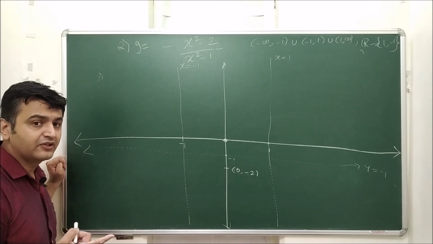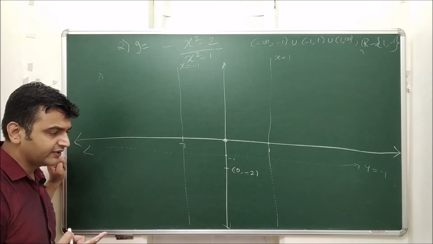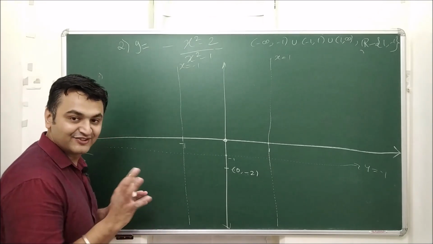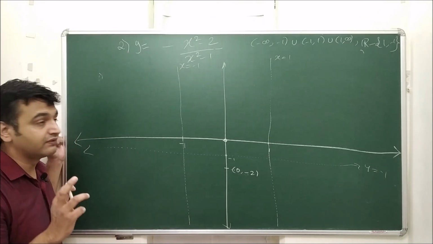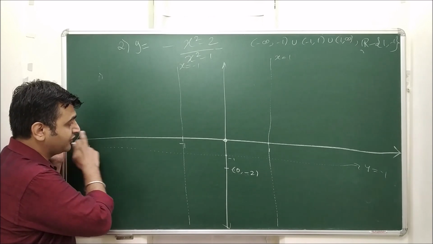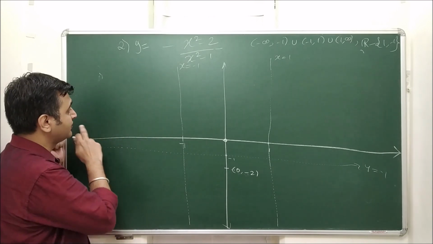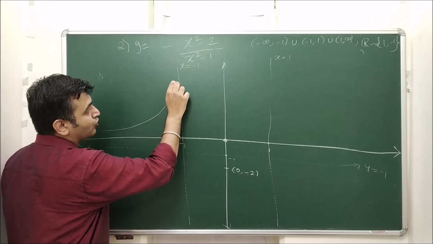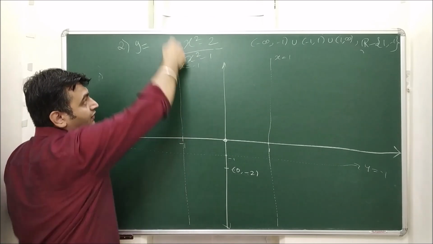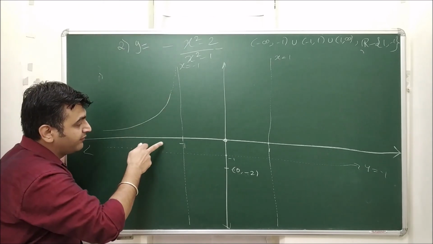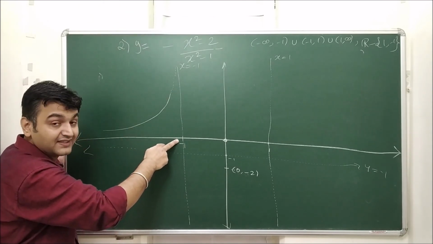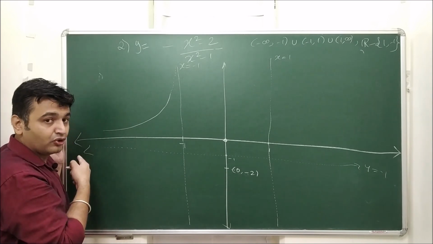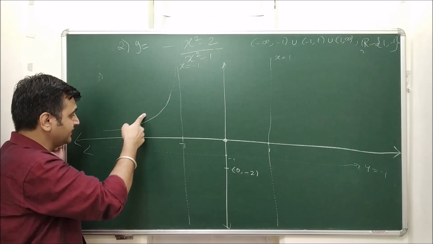From minus infinity to minus 1, what was the scenario? Yeah, I forgot, I just checked, so it was increasing and it was concave up. So from minus infinity to minus 1 it is increasing and concave up. And here it will come closer and closer to this line. It will go towards infinity as I come closer and closer to x equal to minus 1. Now I know that y equal to minus 1 is the horizontal asymptote, so it will be like this.